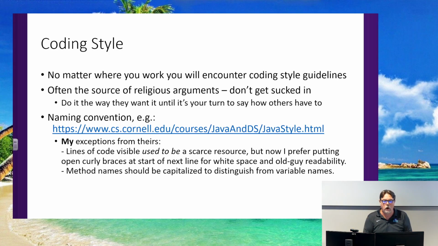You want a programmer to be able to go work on any file in the repository and not be tripping over, why are there 10 comments to one line of code in this file, or why are these variables named radically different than the ones over here? You want some consistency to make it where any programmer can work on any part of the code, or at least that's the dream. Okay. Any questions?